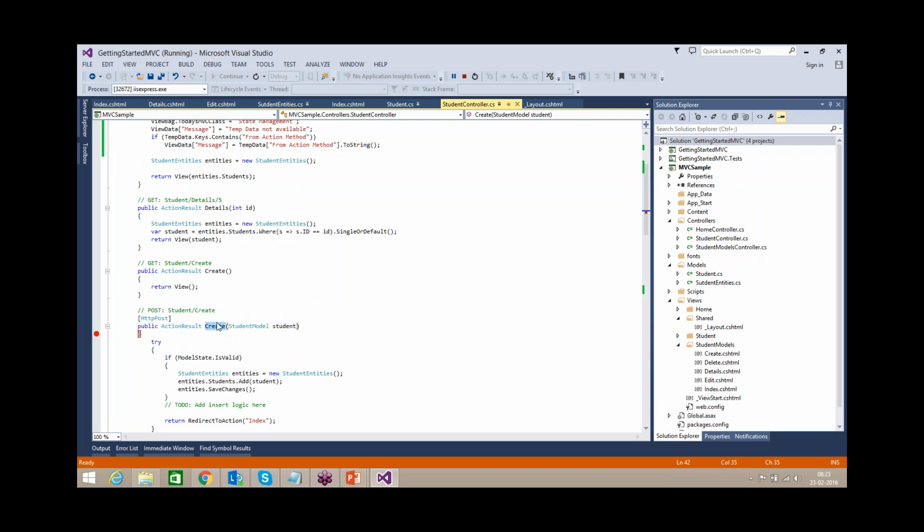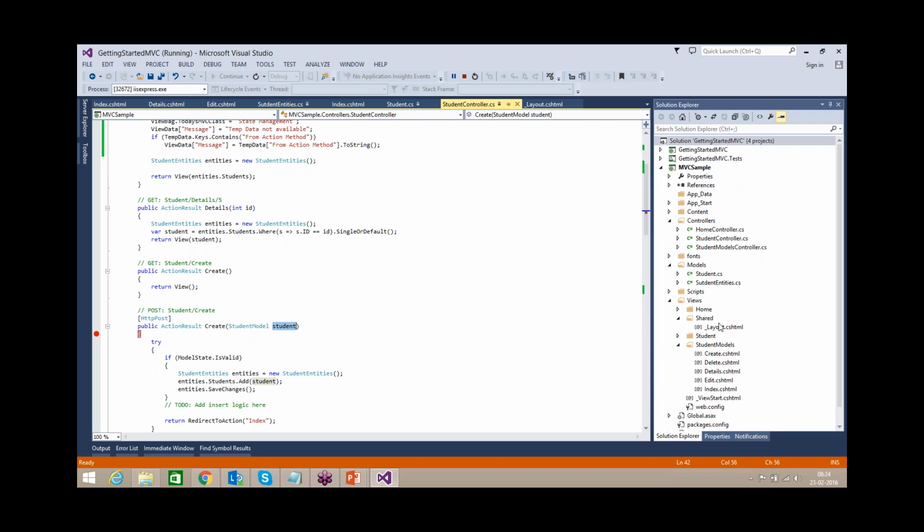Once you modify the values in that view and want to submit, the submit will be taken from the same view name with the model built and submitted to this. That's why HTTP post with the same method name has a model parameter.